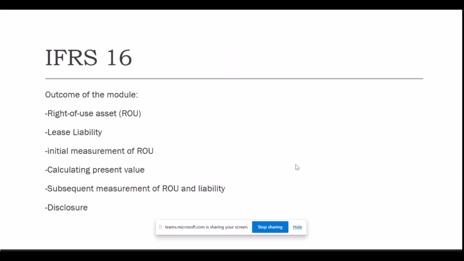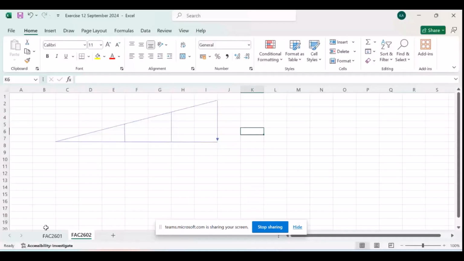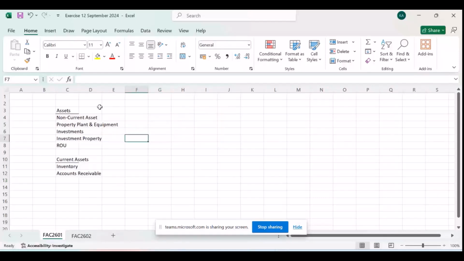So today we will start with IFRS 16, right? So far, what have we done? We are looking at the balance sheet, and on the balance sheet, we've looked at what? Some of the non-current assets, right? We've looked at PPE, property, plant, and equipment, how to account for PPE,